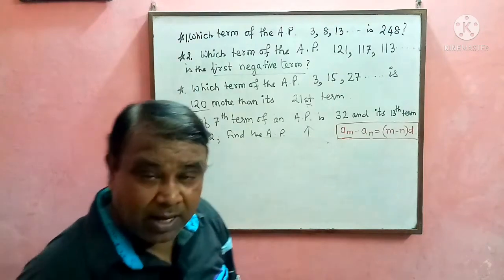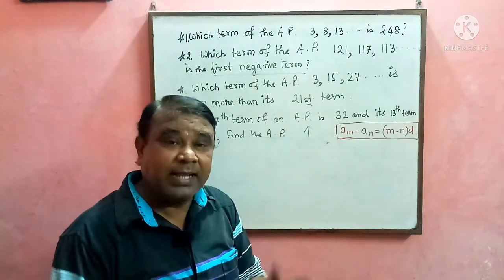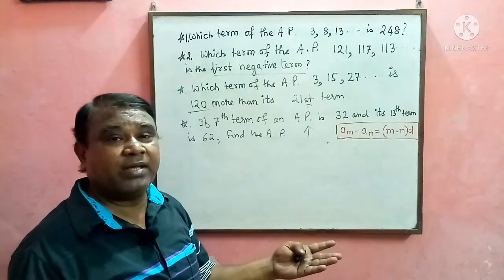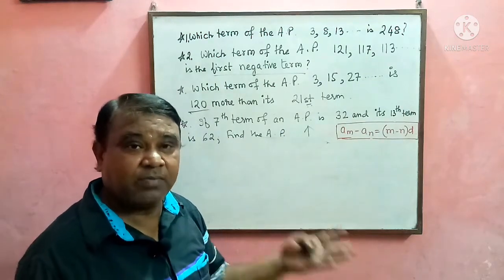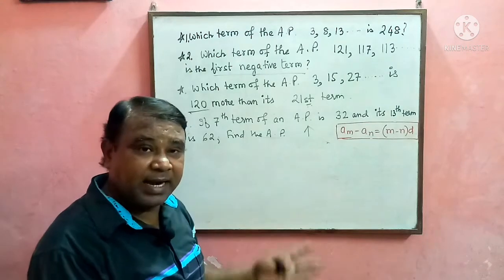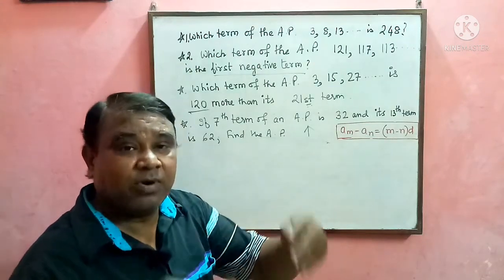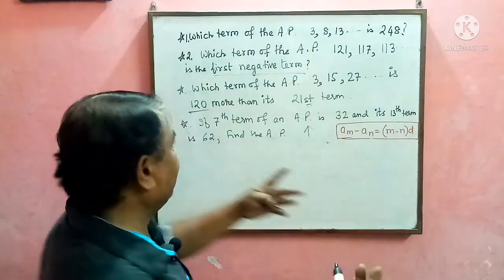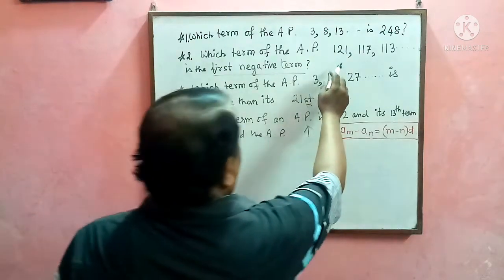Not negative term. Let its nth term be 0, because after 0 we will know whether it is a positive or negative term. If d is negative, then definitely the first term will be positive. If d is positive, then the first term will be negative. Here, you see, this is your